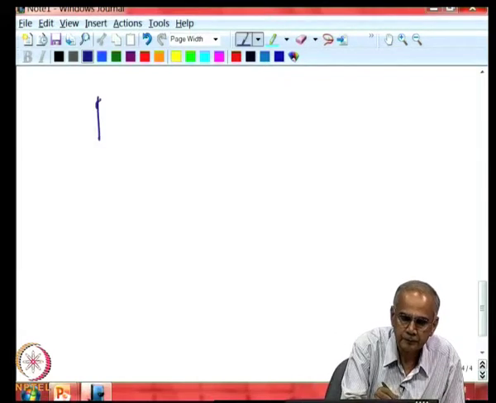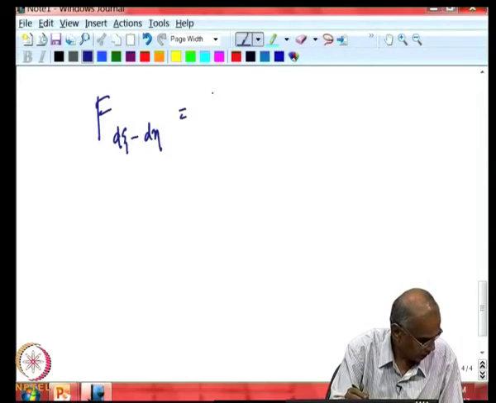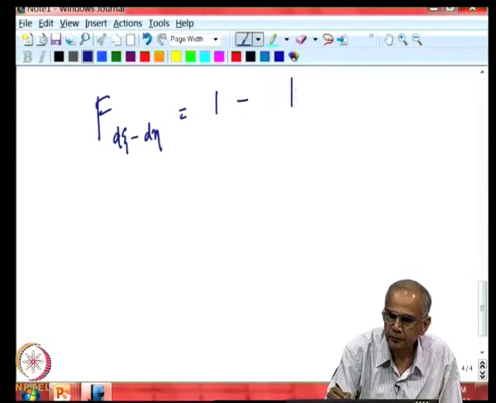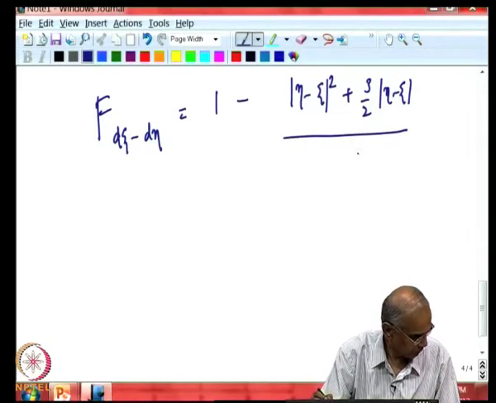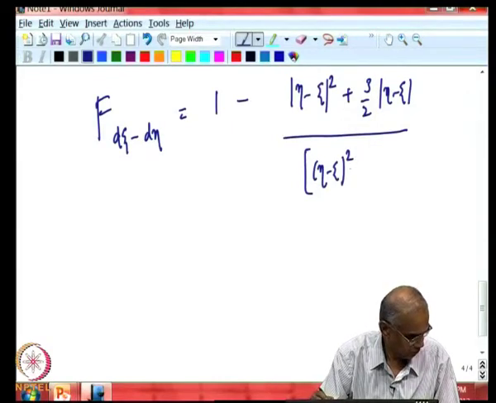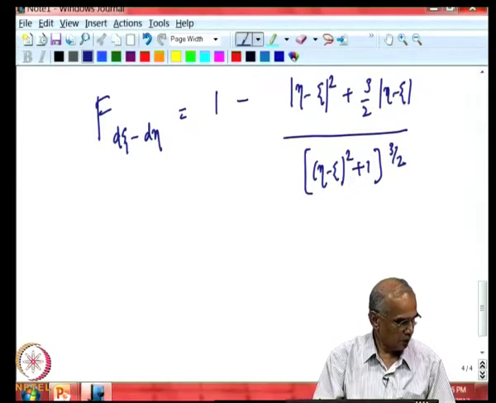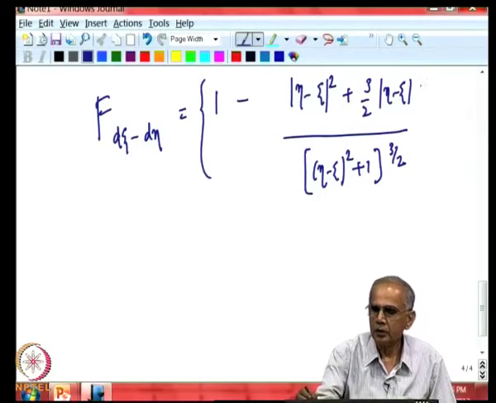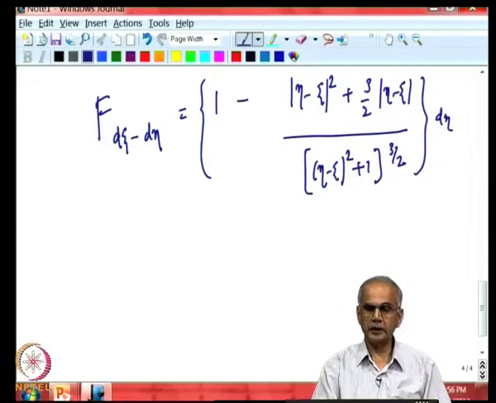So, f d psi d eta will be equal to 1 minus modulus of the difference in distances, squared plus 3 by 2 modulus of the difference in distances, and at the bottom we have the corresponding term, and the entire thing is of course multiplied by d eta. So, this is the typical nature of the function,